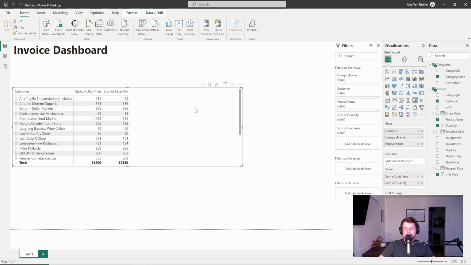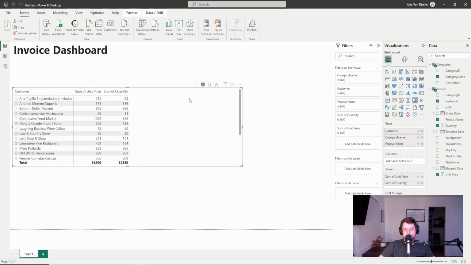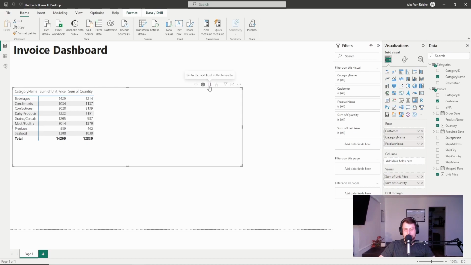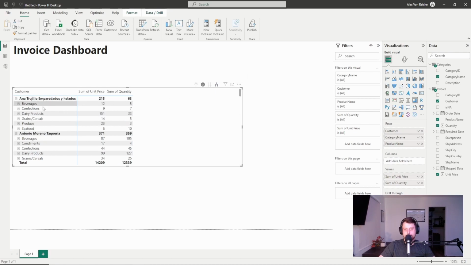And there's different ways to drill down. You'll have singular drill down, which allows you to click on any line item and it'll show only that stuff. You can press the up arrow to drill back up. An example: if I only wanted to see the category next, I would hit click down, and you can see it just says beverages, condiments, so on and so forth. Or I can expand everything, which is this little fork icon. And you can see everything is there. And if I want to drill down again, all of a sudden my data is super clean,